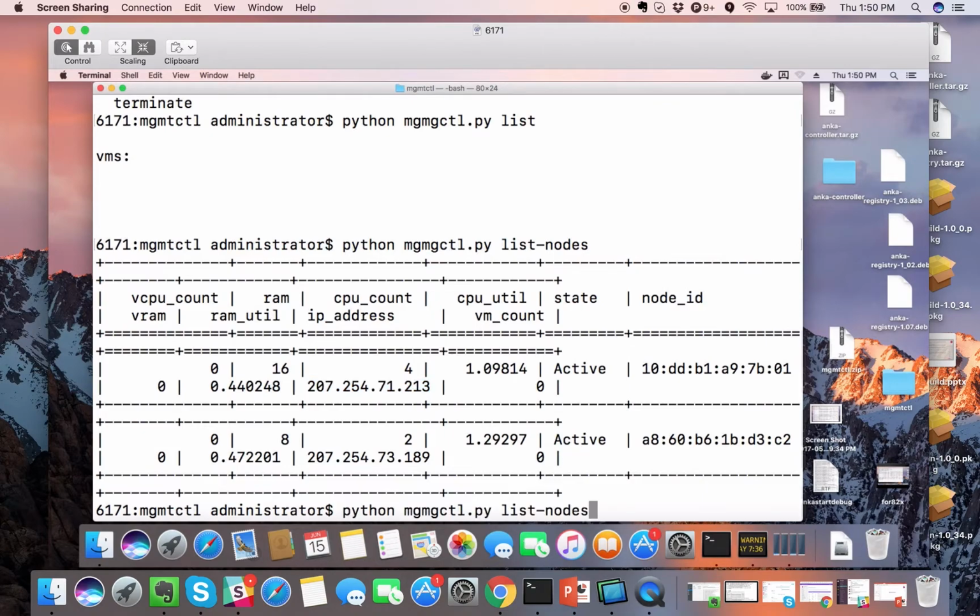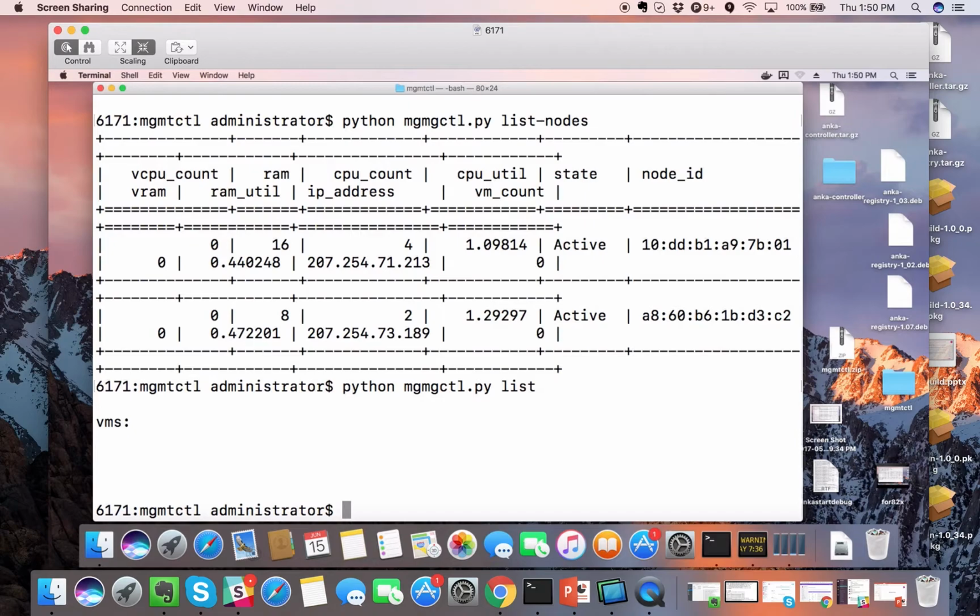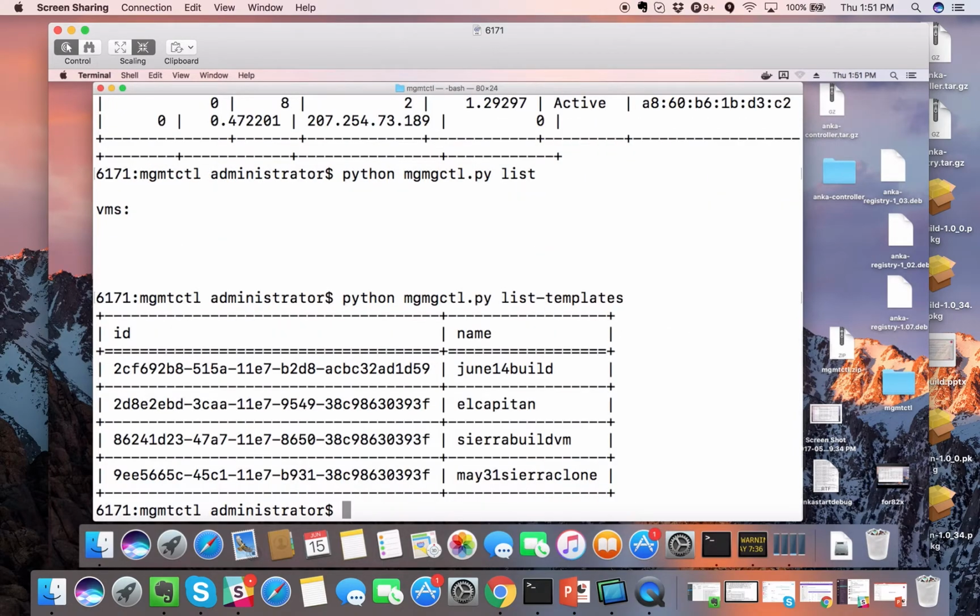Now let's look at the controller queue and see if there's anything in the queue. So the queue right now is 0. So I am now ready to send some requests to provision VMs on demand. Now, which VM do I want to provision? I'm actually going to quickly look at the VM templates available in the Anka registry in this Anka Build setup. And I can see there are 4 VMs available. I'm actually going to provision this specific VM